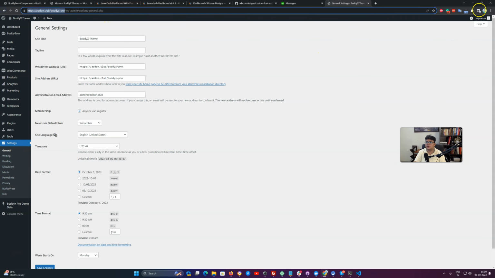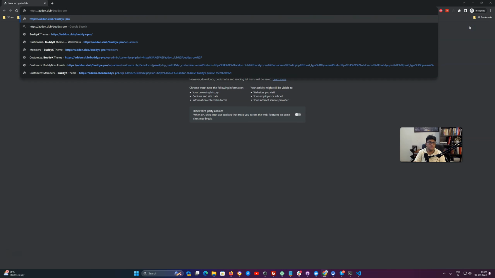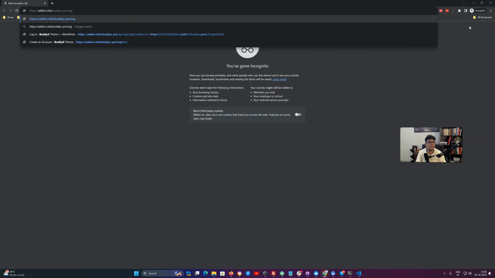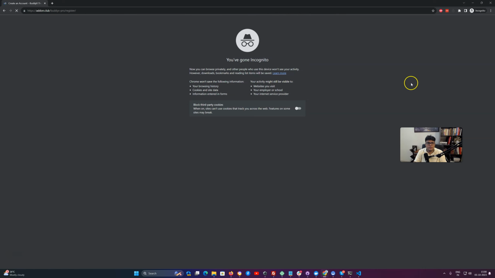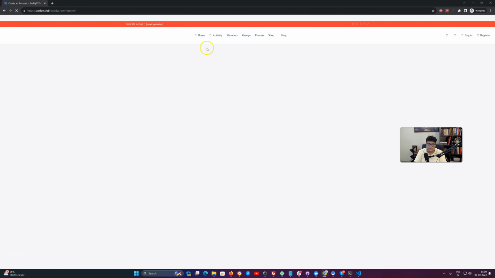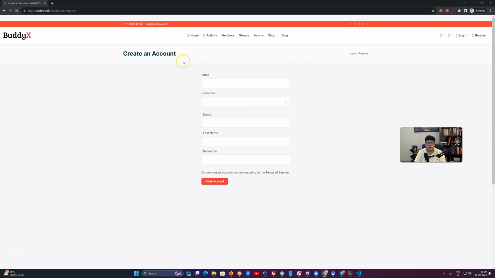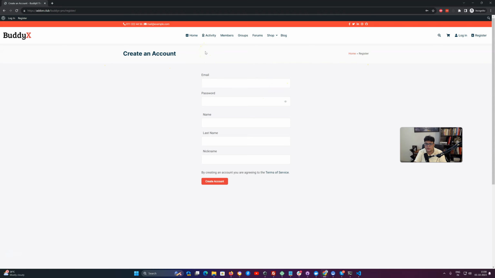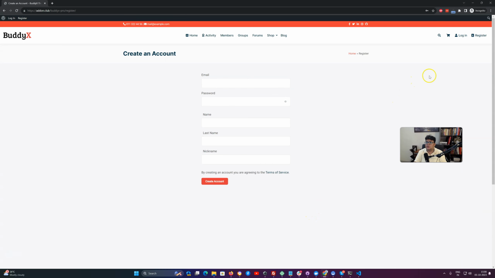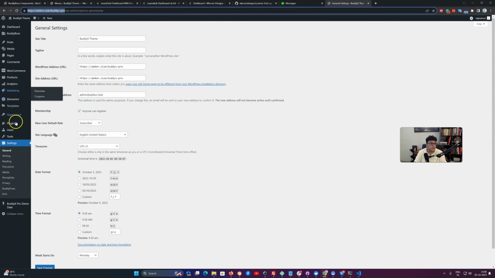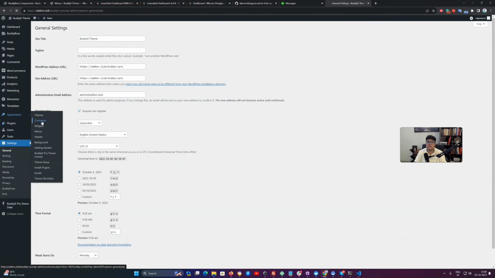If you are going to check the registration functionality inside the incognito window, /register. So by default, the register page is driven by the BuddyPress section or BuddyBoss, based on which plugin you are using, and it's quite simple. It is only displaying the fields, and it is a complete white page. And if we are going to check the customize setting now,